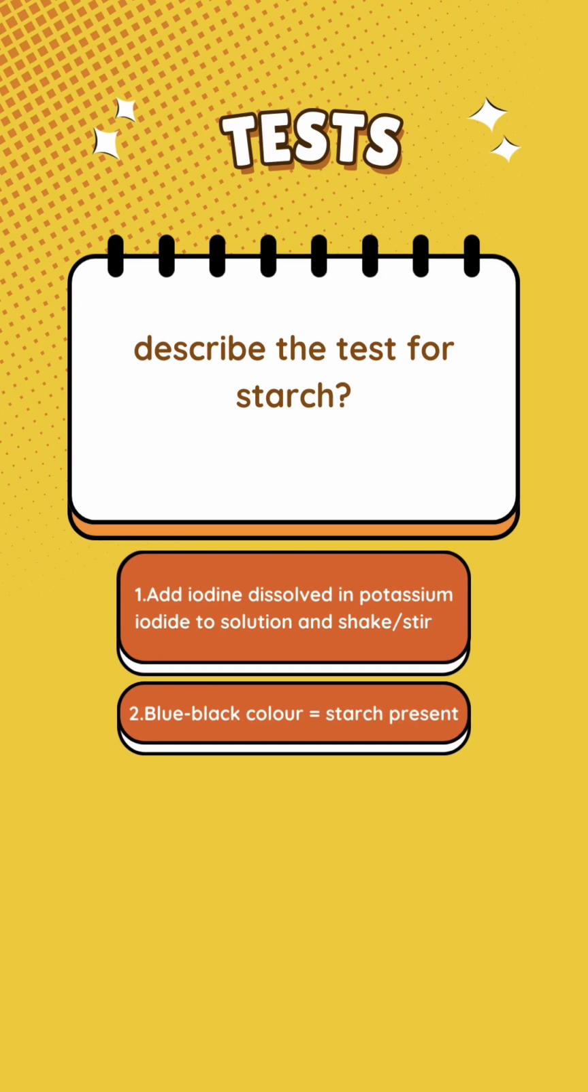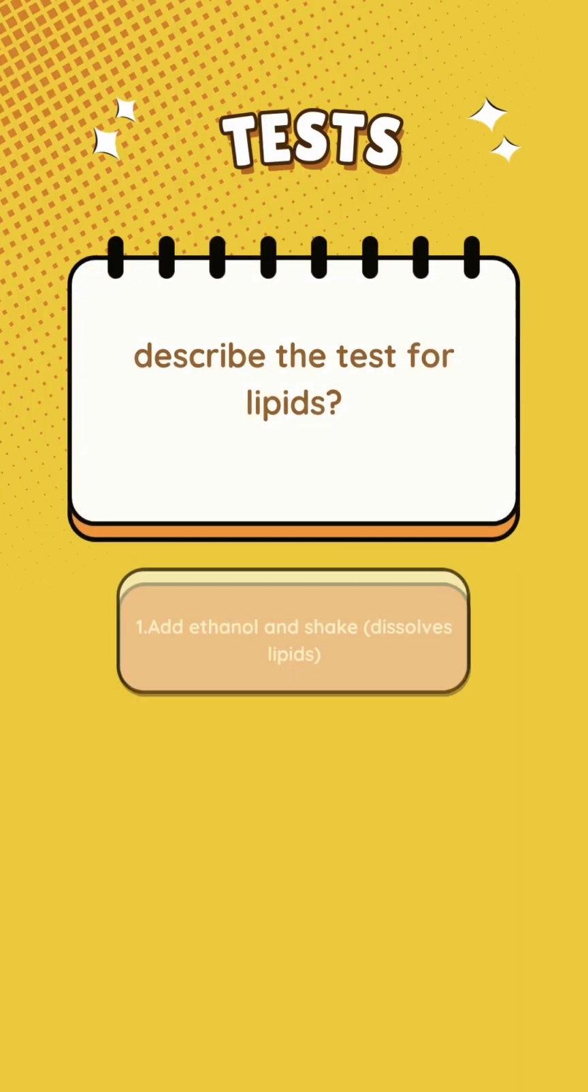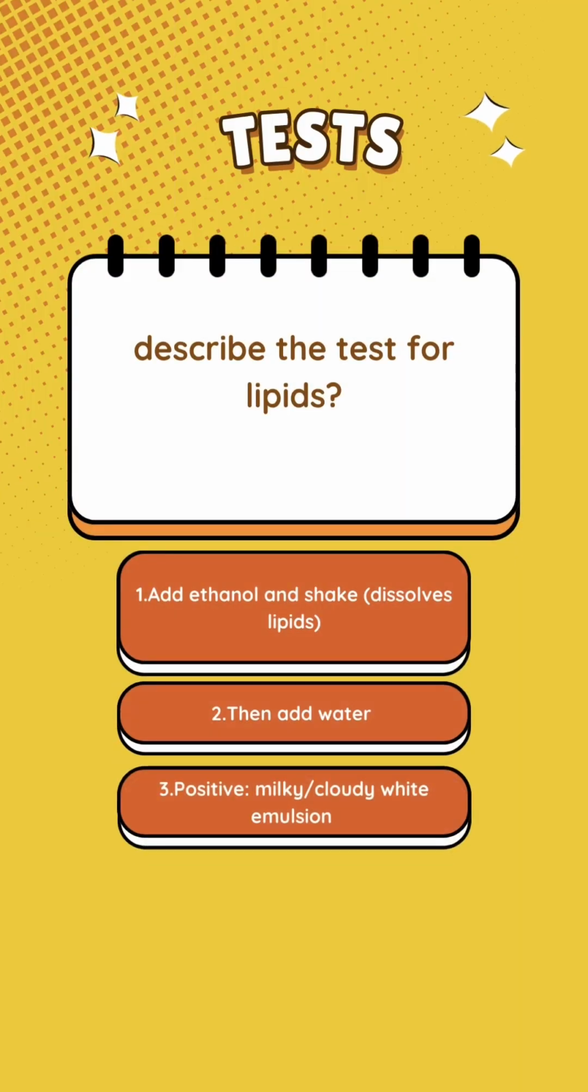To test for starch, add iodine dissolved in potassium iodide to the solution and shake or stir. A blue-black color will indicate the presence of starch. To test for lipids, add ethanol and shake. This will dissolve the lipid. Then add water. A positive result will show up as a milky or cloudy white emulsion, indicating the presence of